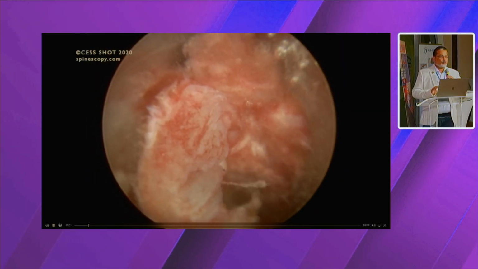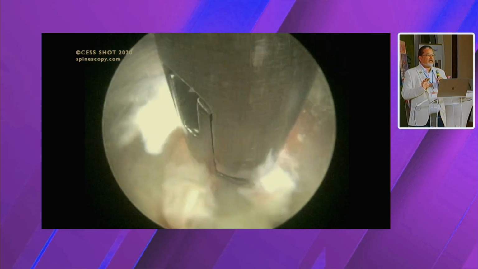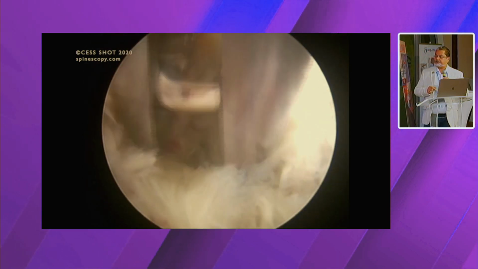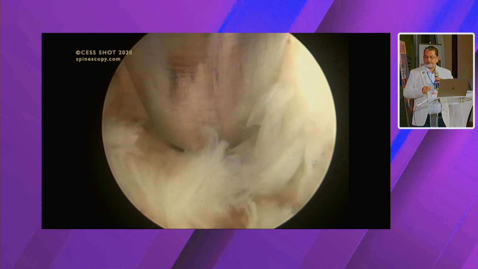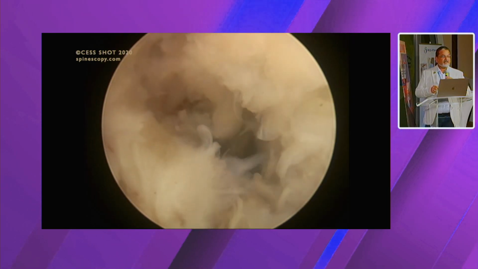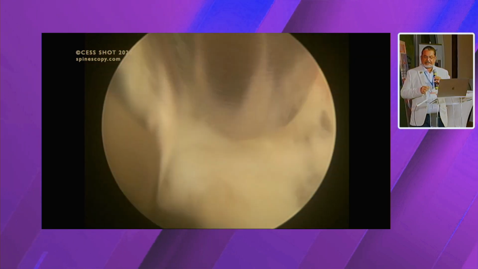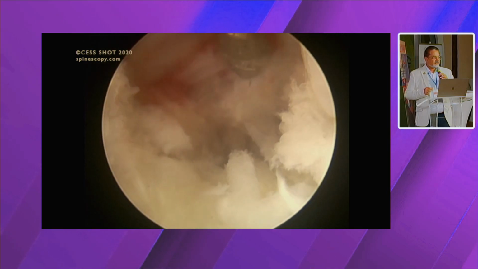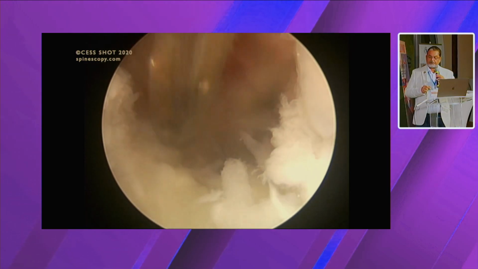So the moment you go inside, you basically first do an intradiscal discectomy. You can see a large piece of herniation. A CT scan is necessary when you are doing upper lumbar herniations. Most of the times these herniations are calcified or ossified. You start seeing the ventral dura. You need to do a good